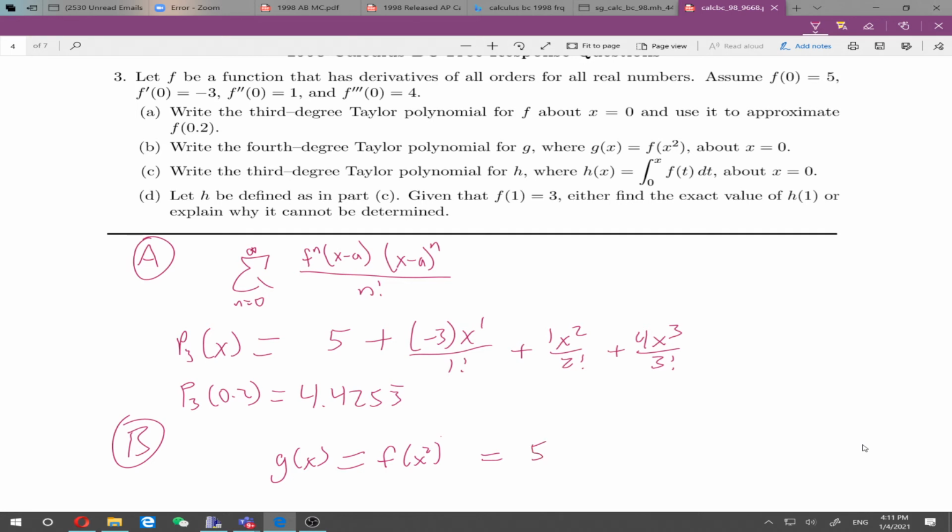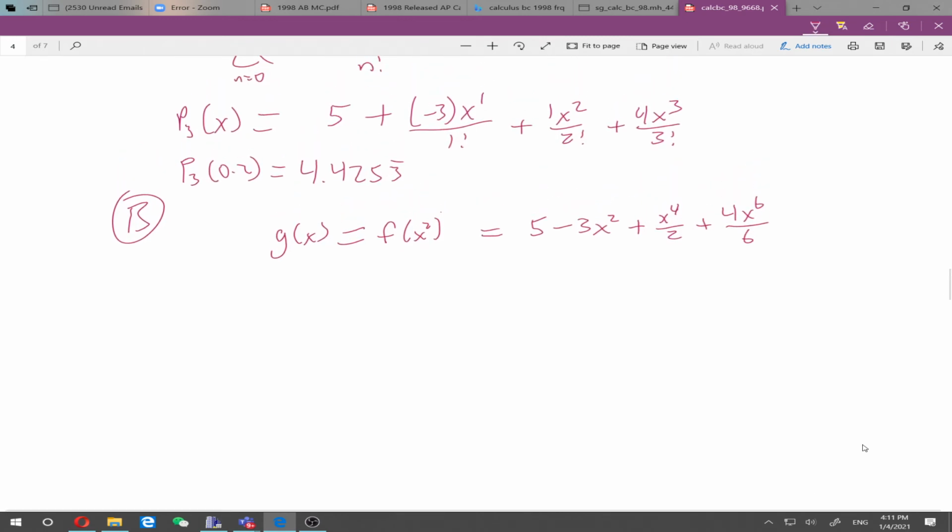5 plus negative 3x squared plus x to the fourth over 2 factorial, I'm going to try to simplify, so I'm going to write that as 2. And plus 4x to the sixth over 6. That's good. I only want a 4th degree polynomial about x equals 0, though. So if I only want the 4th degree,